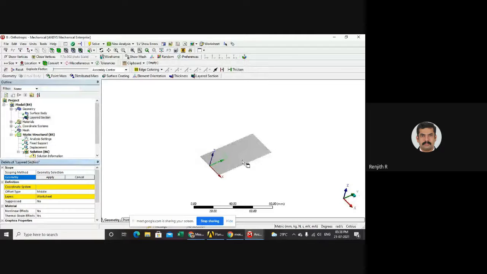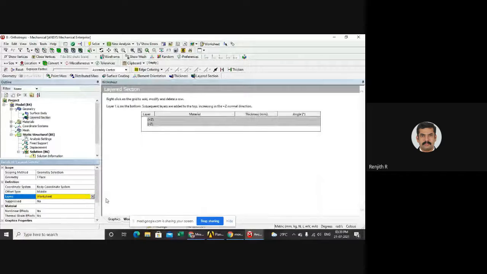The catch is that you must select the geometry surface, so the geometry will act as a solid there. Over this solid, you can provide your layers, that is your composite. You can assume it as a mold and the composite. Then you can specify the coordinate system. You can either create your own coordinate system, or simply take the body coordinate system. And there is an option for worksheet, which lets us give the analysis materials. Actually, if you are familiar with APDL, this is a trick to create the composite material.